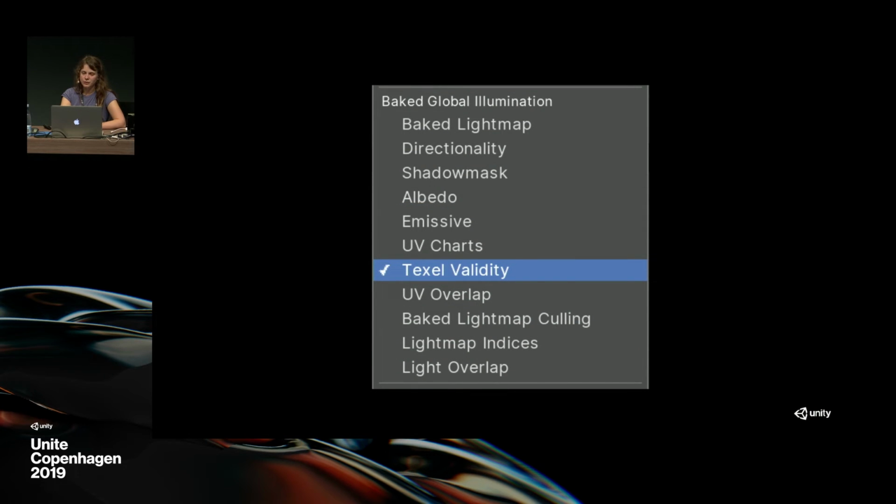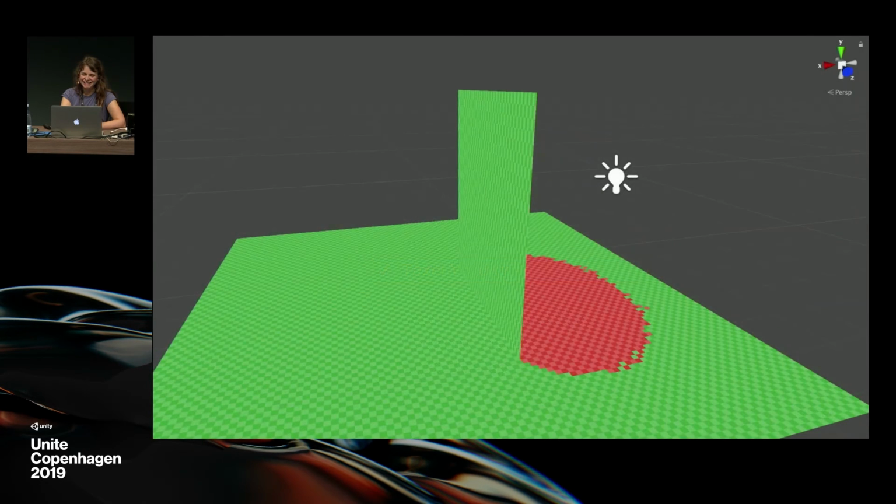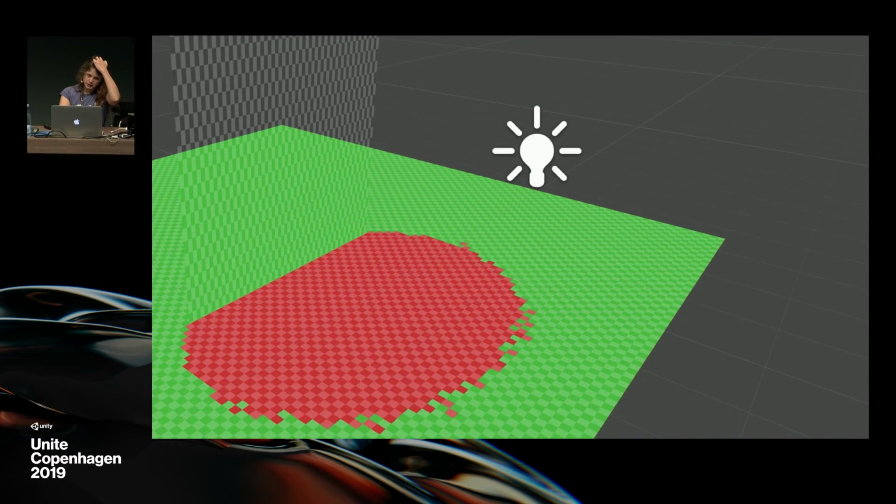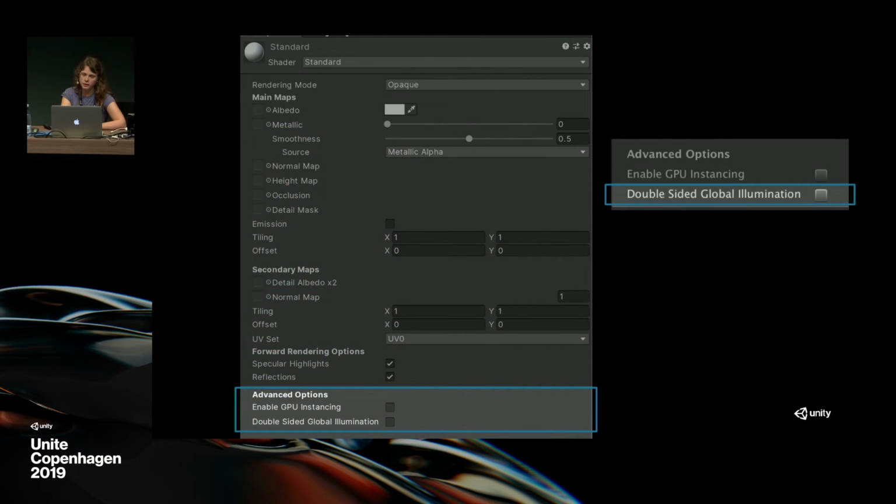So if you go in on texel validity, now you can really see what is happening here. All these texels in this area are sampling a back face, and they don't really know how to interpret this information because it's basically marked as invalid. So they mark themselves as invalid, and then they rely on the neighboring green texels to interpolate over and resolve this. In most cases this works, but in this case, we need to go in on the material